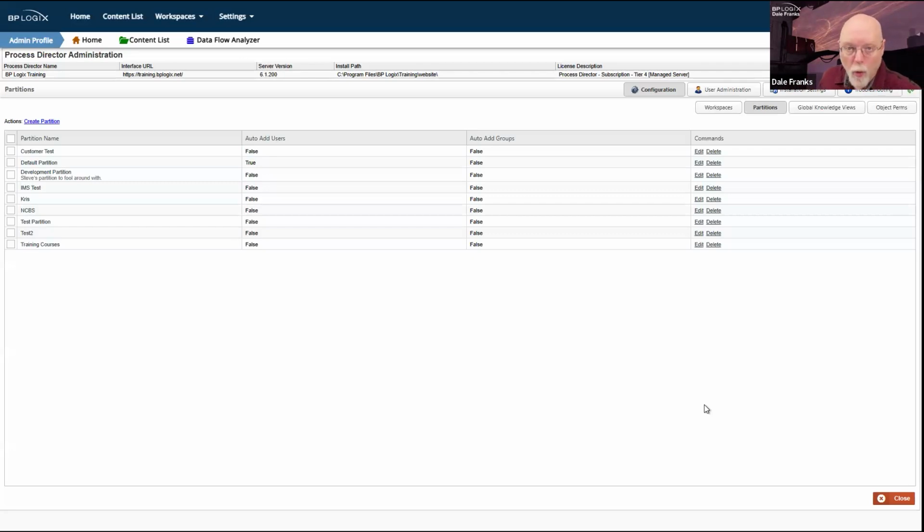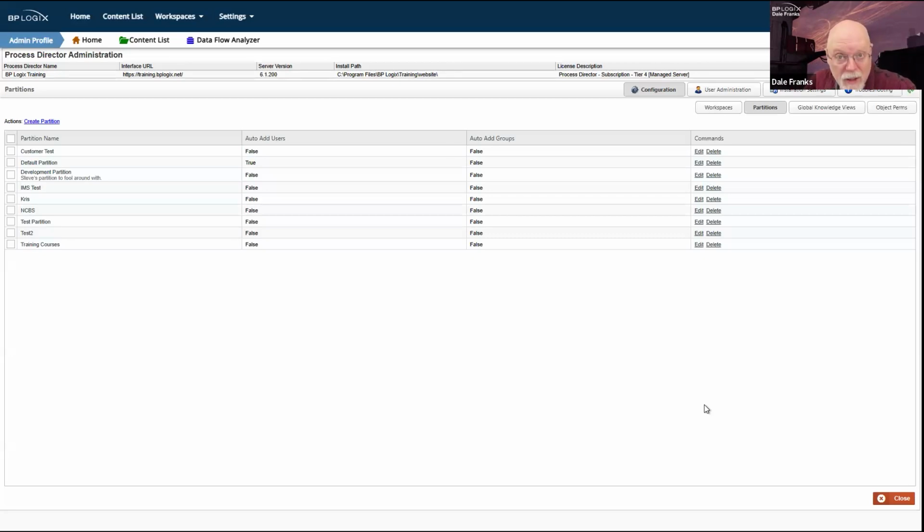And so if you want a section of your content list that only HR can access, then you can create an HR group, and the people in that group are the only people who would be able to view or access or run even items that are in that section or that folder of your Process Director installation. So for the most part, you can control access to different portions of your Process Director installation simply by using permissions appropriately.